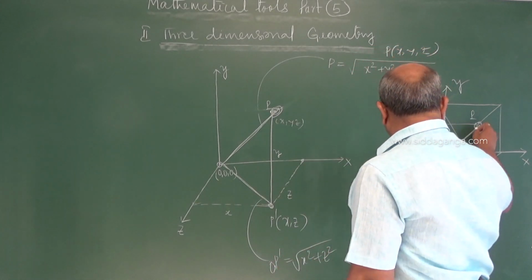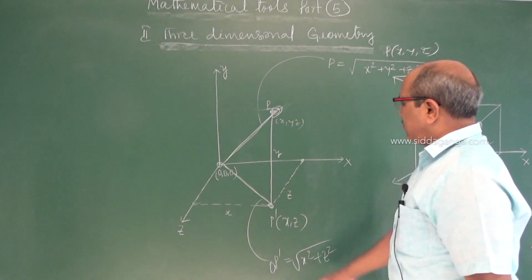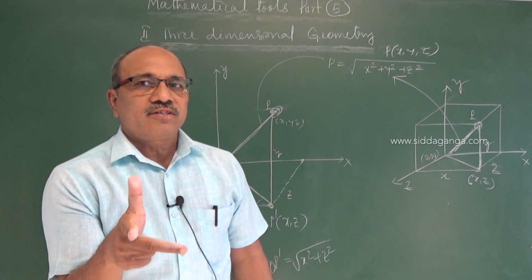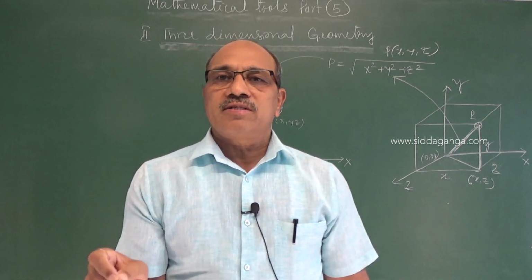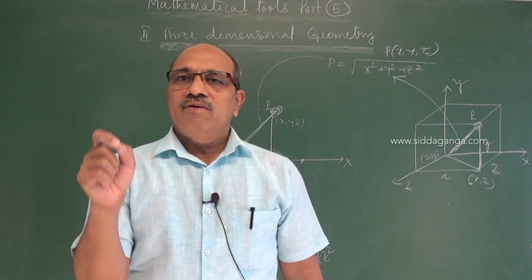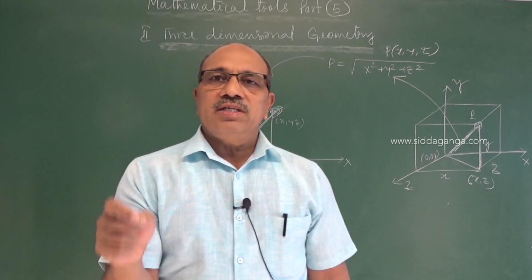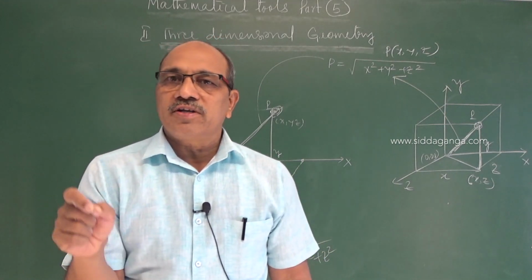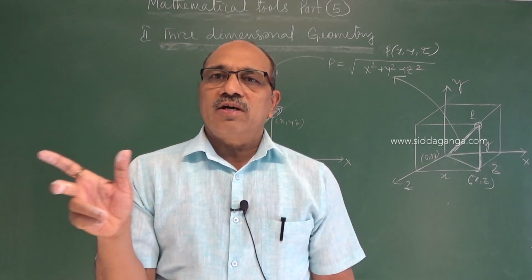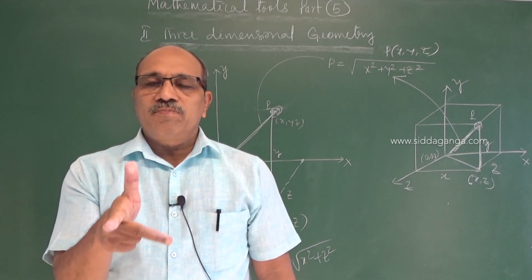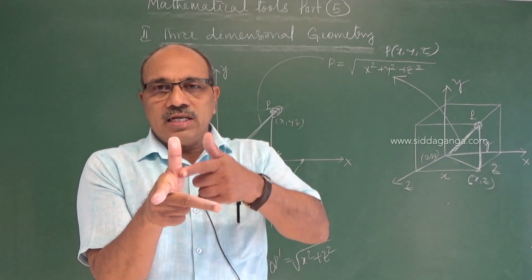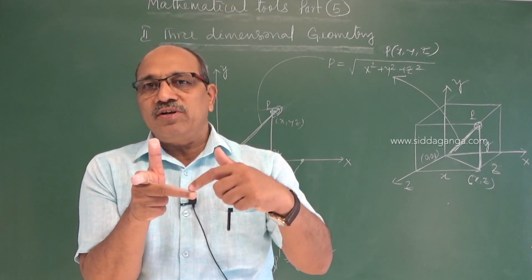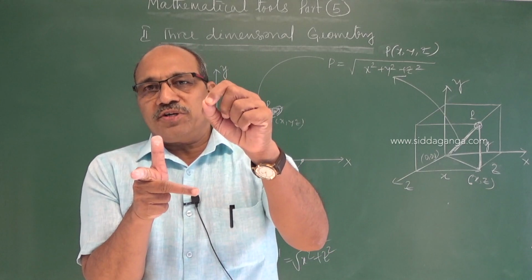This is the vectorial representation. When we come to the vectors we will discuss that, but the position of a point now varies with all three coordinates. If the point is in space, we can find its position by measuring all three variables. All are mutually perpendicular to each other, not in one line. One is x, another is y, and the third one is z. We are moving in three mutually perpendicular planes, and we have to locate a position.